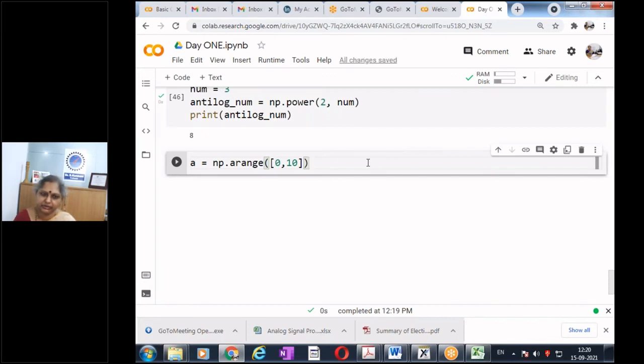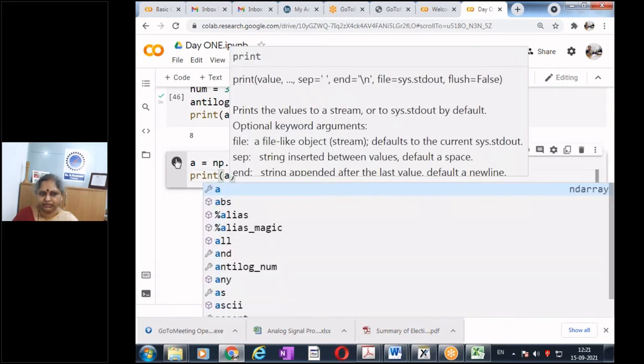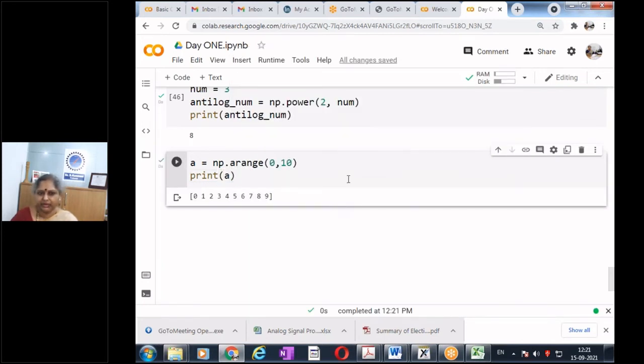np.arange(0, 10). Yes, run this and let me know what result you get. np.arange(0, 10), and then of course we need to give print A. Can someone explain what has happened?